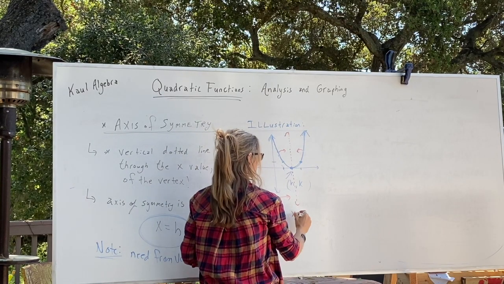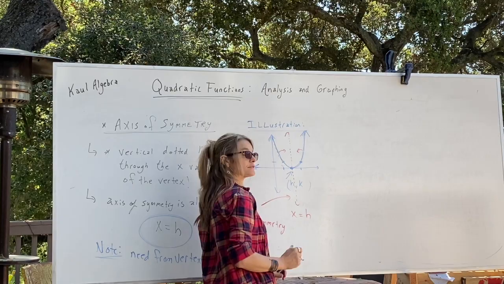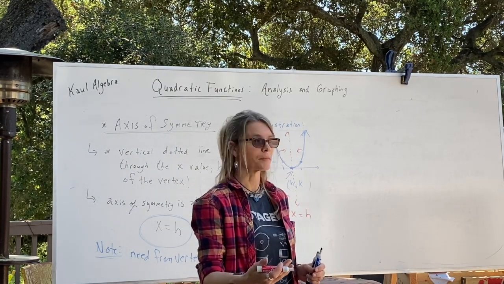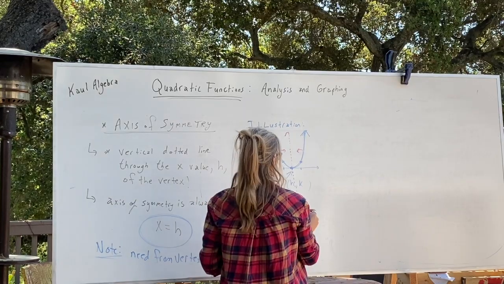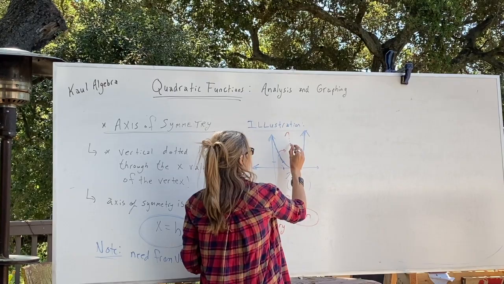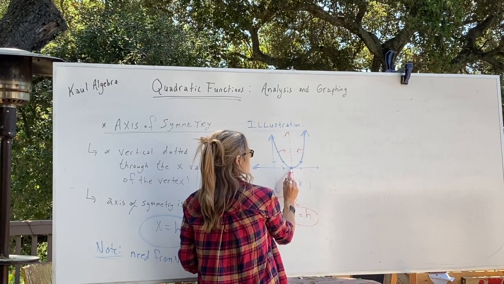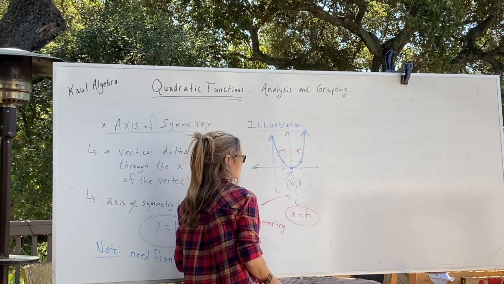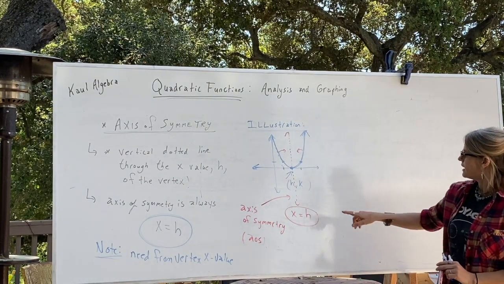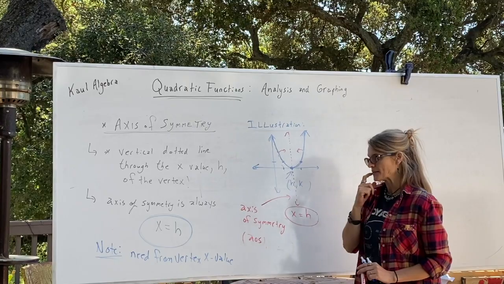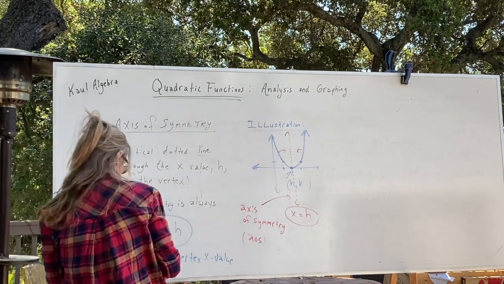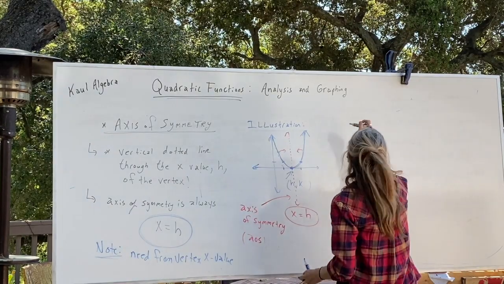And the axis of symmetry here, I need to state as a vertical line, and vertical lines are always stated as x equals some number. So here we have x equals h, which means that all your x values are, in this case 2, or whatever the h value is here. Very important detail. So that's what your axis of symmetry is. And next we're going to look at min or max values,